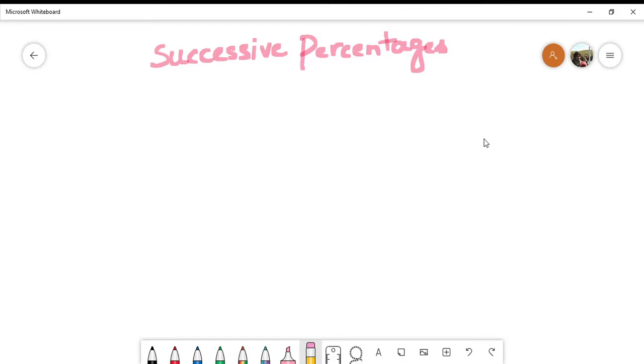Hello friends. So today we are going to discuss another important topic in percentage, which is called successive percentage. Many times we are asked questions on quantitative aptitude where we have to apply percentages successively to a particular number or amount. One simple example can be that suppose person A's salary